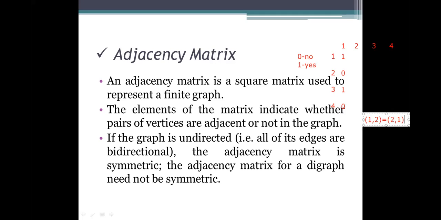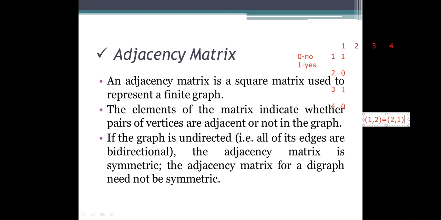Why? Because it's not a directed one, it's an undirected one. When it is undirected, we specify it as bidirectional. Coming to the adjacency matrix of the digraph, the directed graph: if a path exists between 1 and 2, then it won't be equal to 2 comma 1, because it's a unidirectional one.